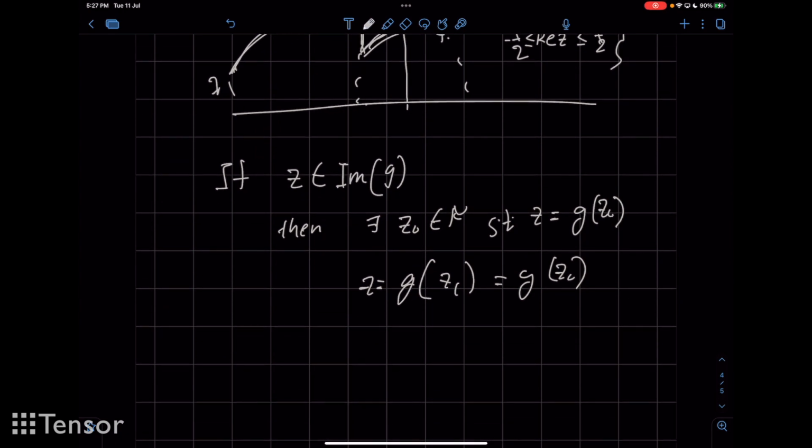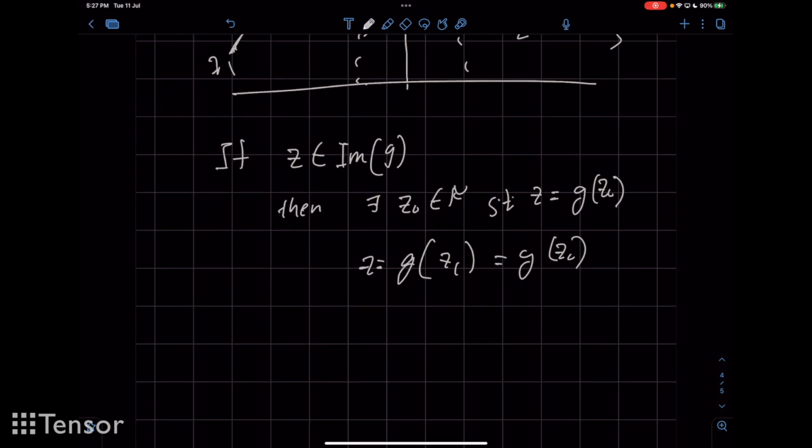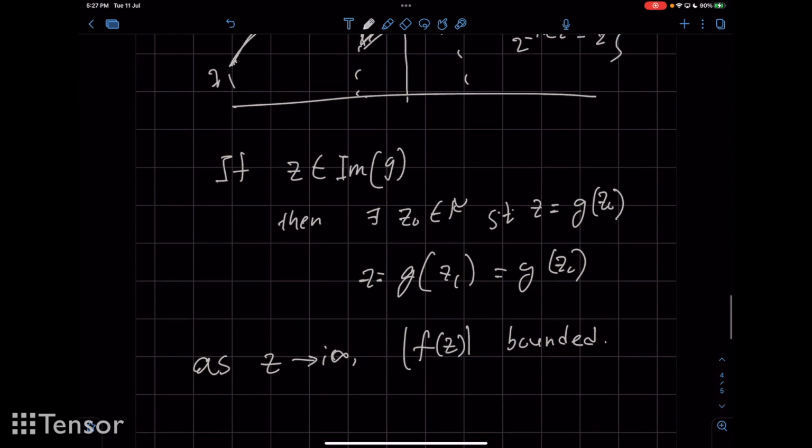All right. And also we know that since f is a modular form, as z goes to i infinity, this is bounded. So this was the third condition we required in the definition of modular forms. So is Z, which we define as G of Z naught,